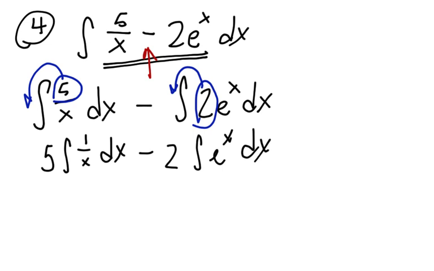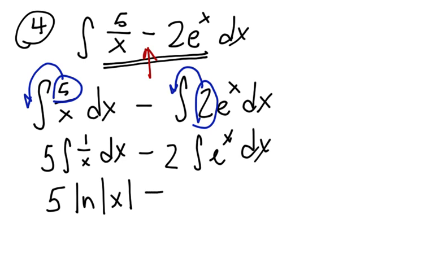Hopefully you know your note cards. The natural log of x. So 5 times the natural log, and really we put it in absolute value bars, the natural log of the absolute value of x, because that shows everybody that we remember that the argument of the log must be positive, so it's not for any given x,